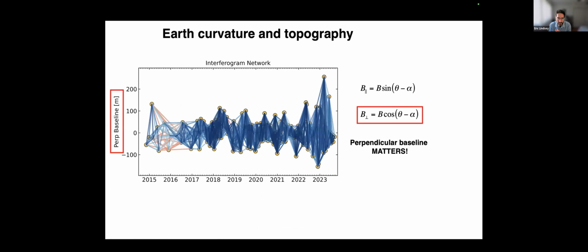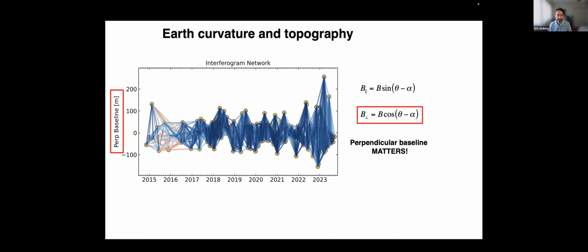So you'll often see images like this when you read the InSAR literature. People like to plot time of the image acquisition versus perpendicular baseline, so you'll see all sorts of interferogram networks shown like this. This is just one example. This perpendicular baseline tells us how much the topography might be contributing. If your baseline is too large, the topography could contribute a larger amount. We don't precisely know the topography in all cases, so there could be a little bit of extra noise. There's also a critical baseline that I'll talk about later, so you can't go beyond a certain value or you'll